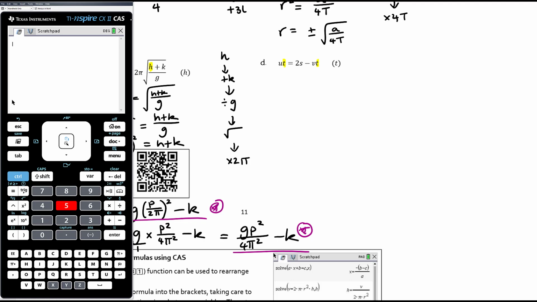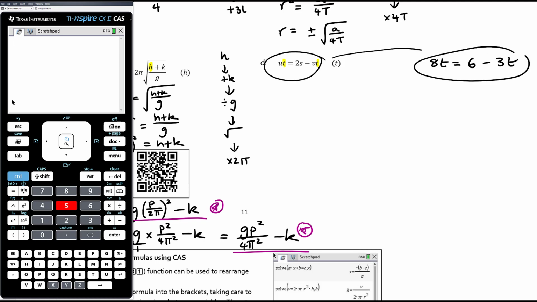So let's imagine that this was 8t equals 2s, it doesn't matter what that is, just be a number, we'll just leave it as 2s maybe, minus, I'll make it 6, minus 3t. Sorry, not equals 3t, minus 3t. Okay, so imagine it's this equation. We need to be able to see that they are the same in shape, and so if we can solve this number equation, we should also be able to solve this formula. So we would add 3t to both sides,